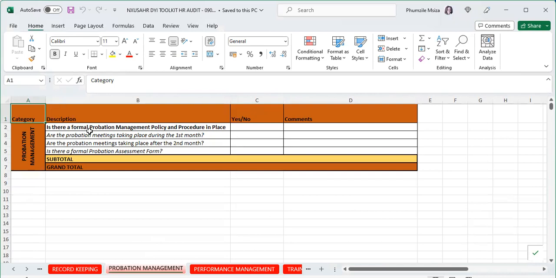They differ in length as well. Each of the tabs consists of the categories that you'll be auditing for your HR. They are like this. The first column is your category. In this instance, it is probation management. And then here's a description of what you are auditing pertaining to probation management. So here, for example, you can see, is there a formal probation policy